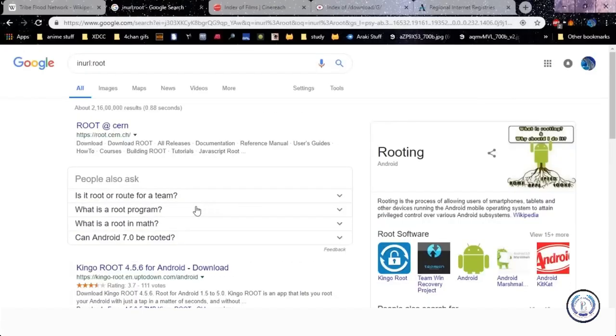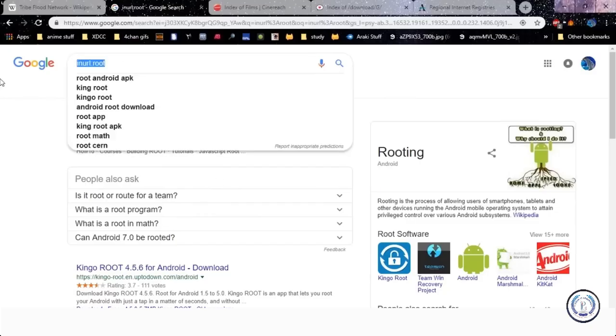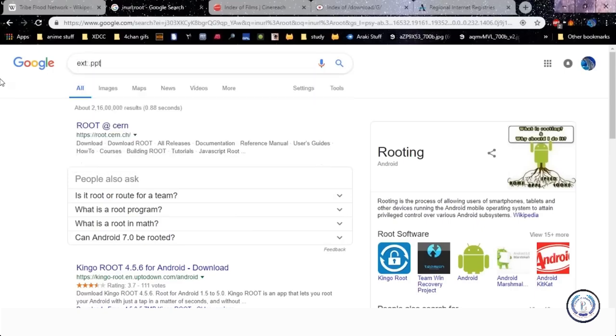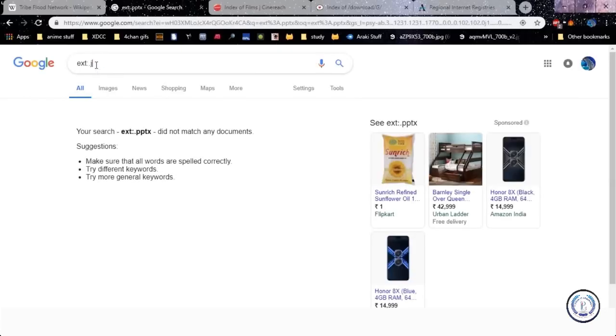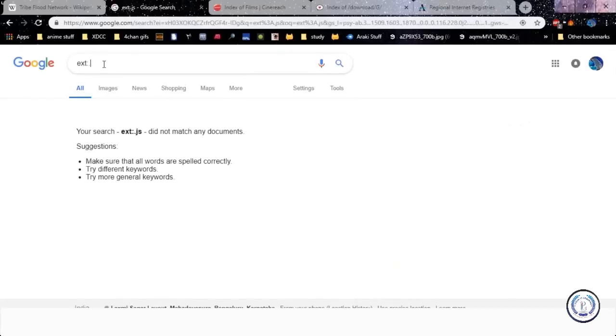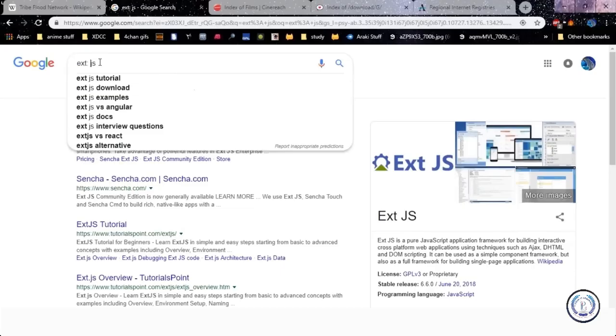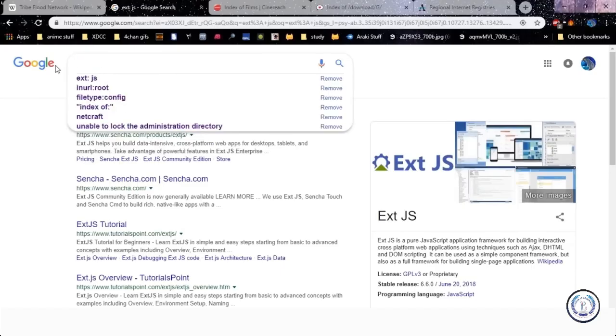So that's in the root, and suppose you want to say something like all in file type, or suppose you want some extension. So .ppt, .pptx, does that work? Let's search for JavaScript files. Okay, I think it's JS. Okay, that doesn't seem to work either. This shows us all the things with JS in it. No, it's just external JS. I'm doing this wrong.